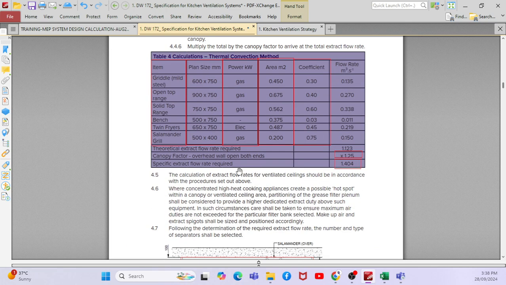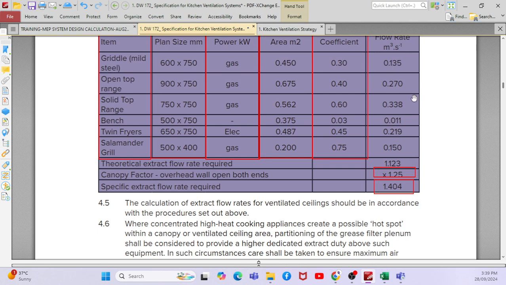Now, if you see this table, you can see the different dimensions of each appliance in the plan. Then you can see whether it is gas or electric operated equipment, and then you can calculate the area by multiplying for all the appliances. Then you have a coefficient factor from the table for each particular appliance. To calculate the flow rate, multiply the area by the coefficient factor, which will give you the flow rate. The summation of all the flow rates will be, for example, 0.135, 0.27, and so on, and the total will be 1.123. Then the canopy